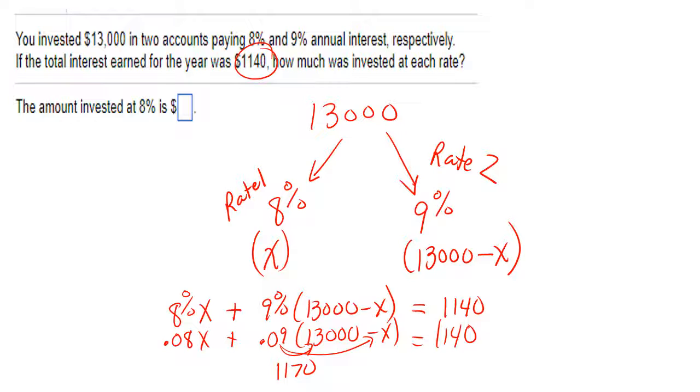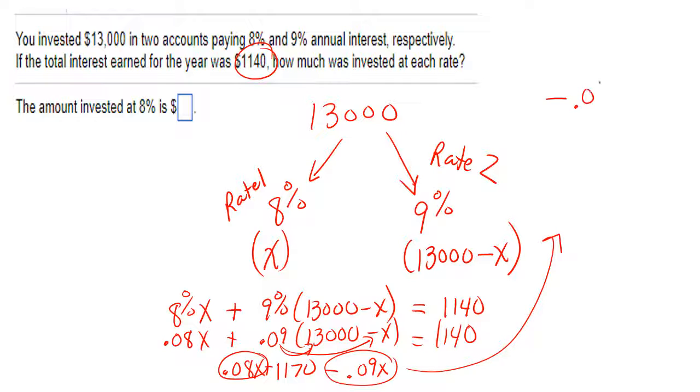I also distribute that with the negative X. You see that we can combine like terms here, the negative 0.09 and the positive 0.08. That will give me negative 0.01x,